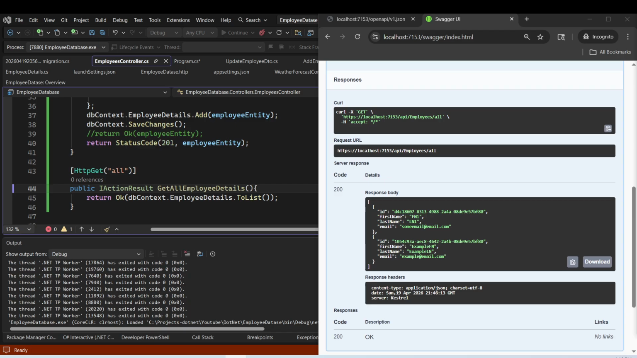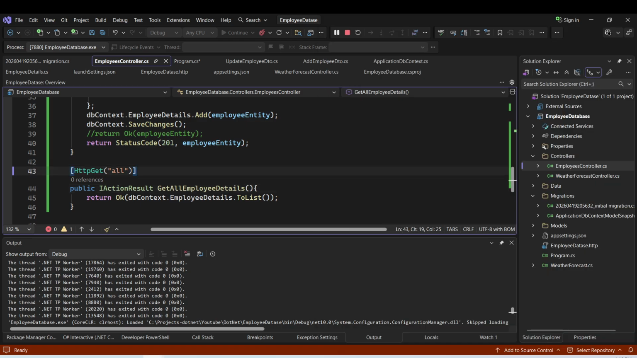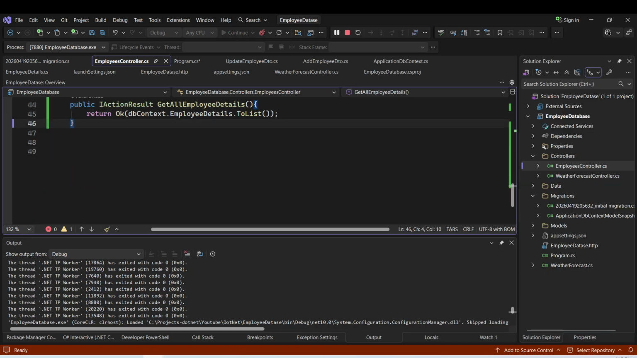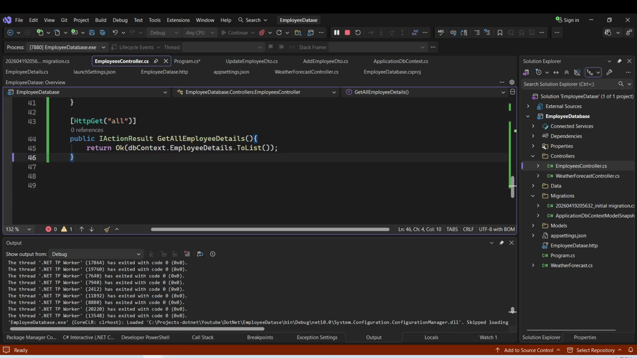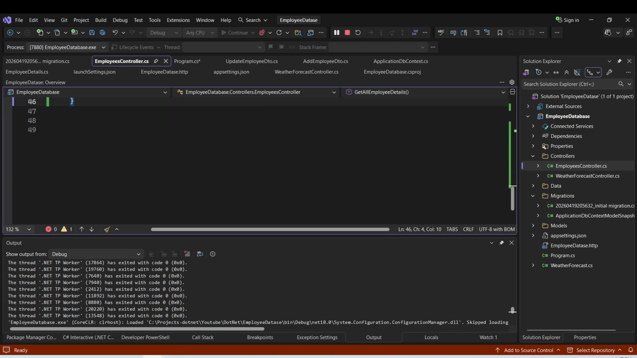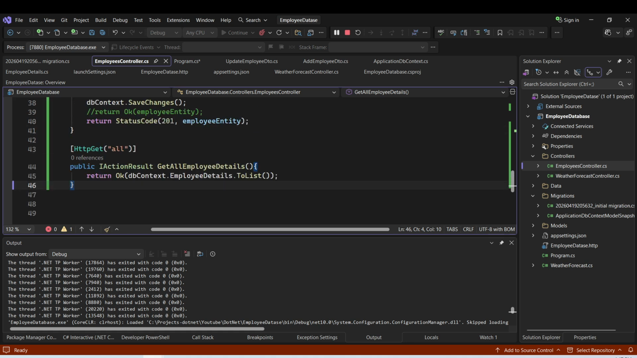Good. So we got the 2 employees. The bracket was the issue. Similarly, I will do other methods in controller. So to save time, I will just copy the method and paste it here,